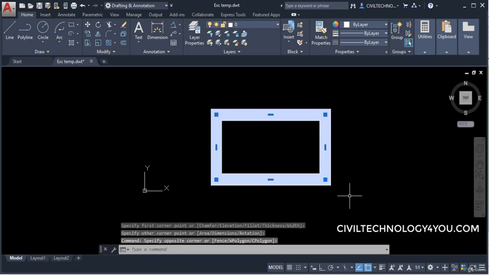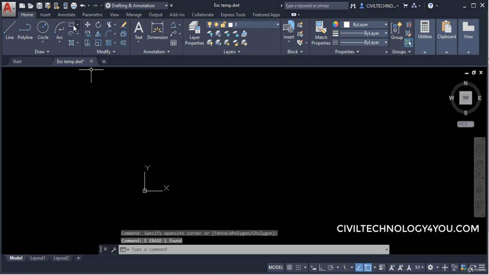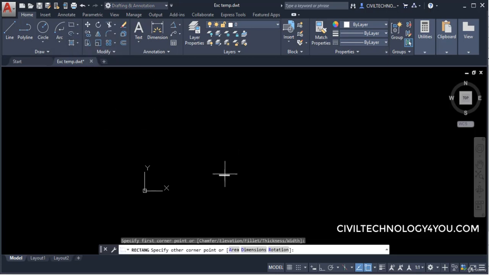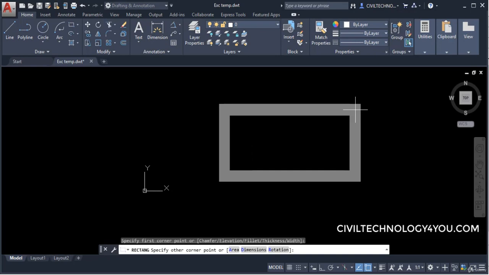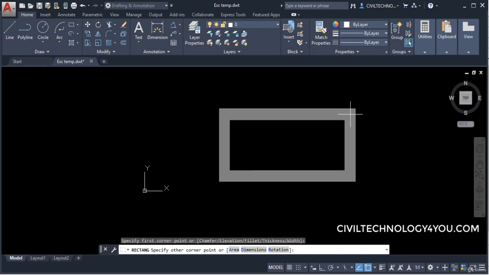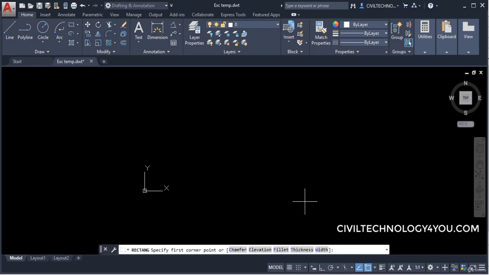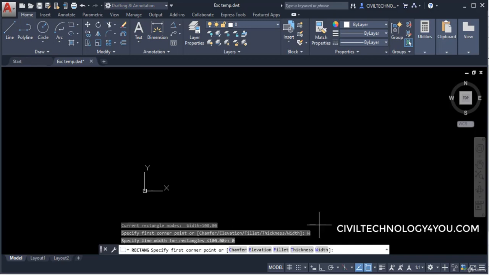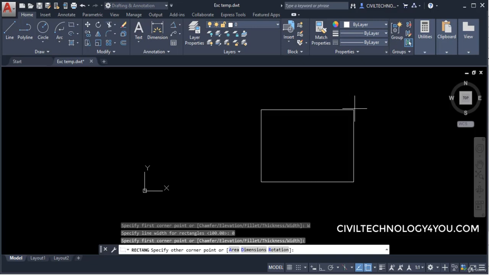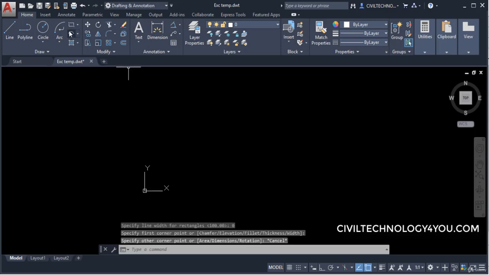Now next, whenever I will just create a rectangle here, this width option will be activated here. So get rid of this one. I need to go here in the width option again and I will give a width of 0 millimeter, or 0 units, so it will come back to the original position. Now let's see another method.